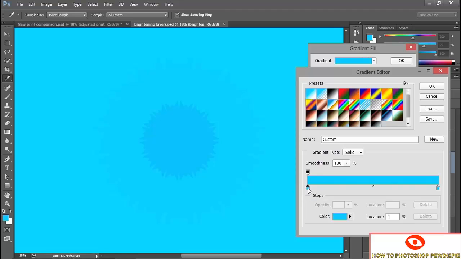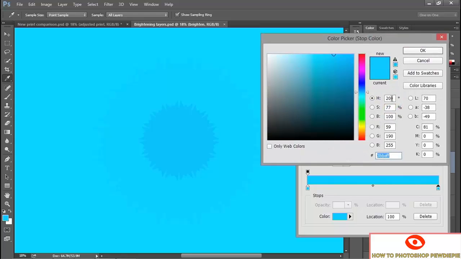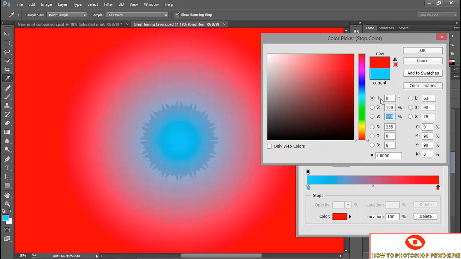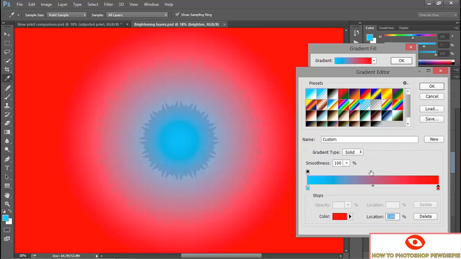And now we want the gradient to transition from this bluish green at the start to red at the end, because out at the corners of the artwork, it is red. So I'll go ahead and double click on this final color stop, change the hue value to 0 degrees, which is red, take the saturation value all the way up to 100% and leave the brightness value set to 100% as well. Then click OK. And I want the bluish portion of the gradient to align with the outside of my yellow portion of the flower, which we can see by virtue of the adjustment layers on top of this layer. So I'm going to go ahead and drag this guy out over to the right until the location value becomes 30%, at which point you can see that the blue-green is now aligned at the proper location,